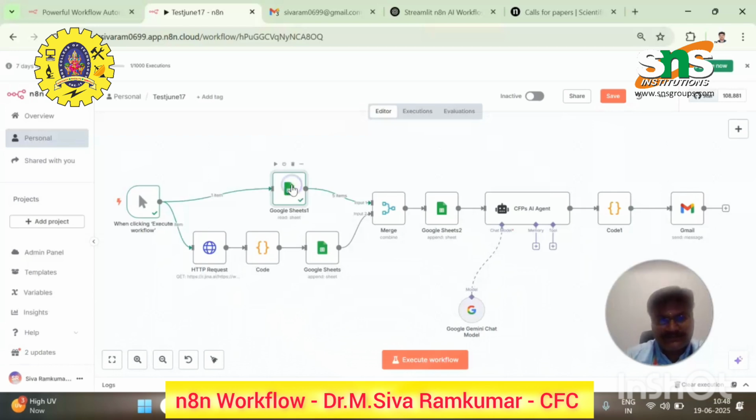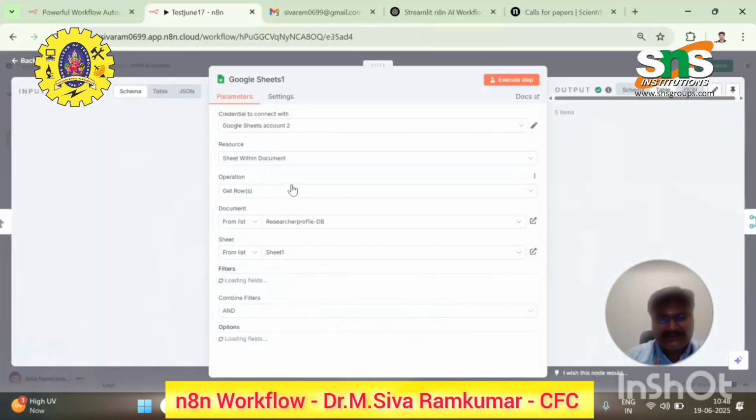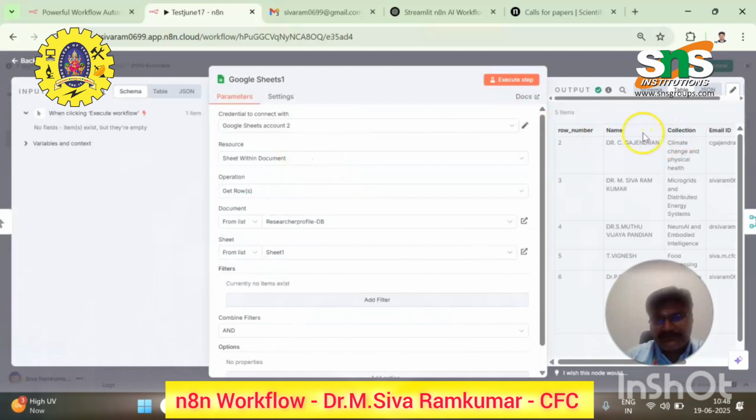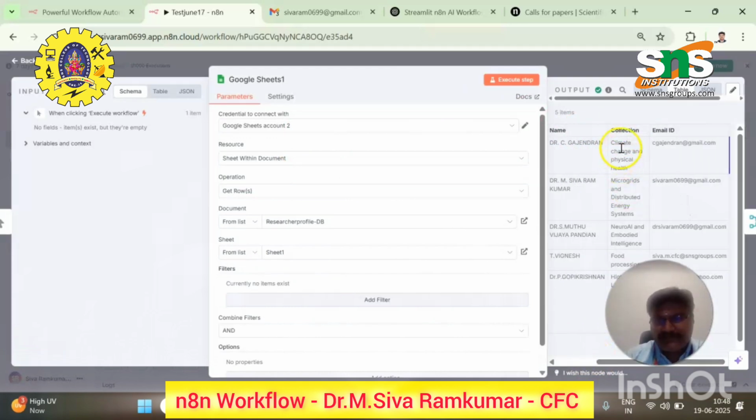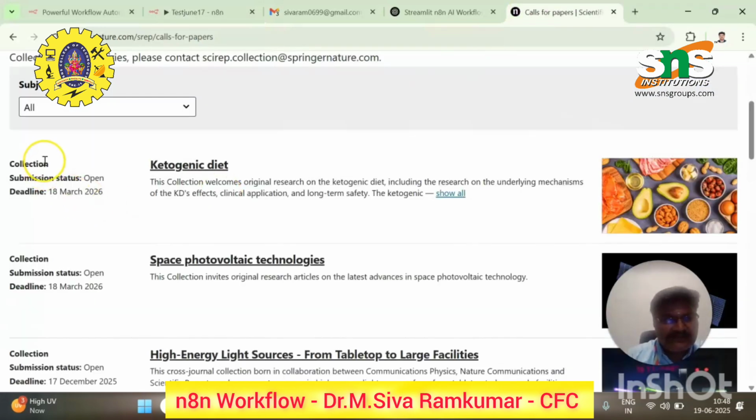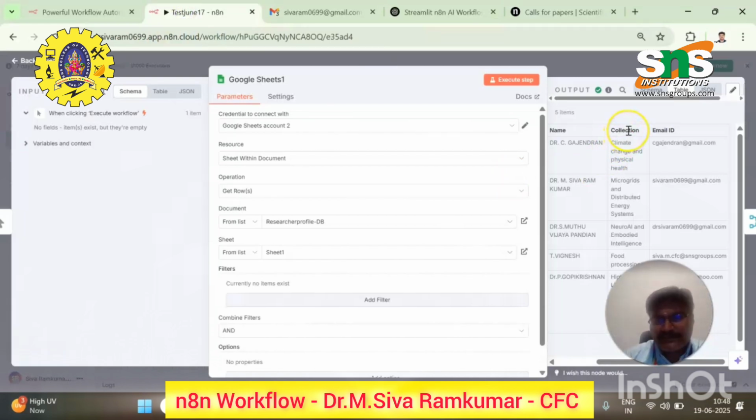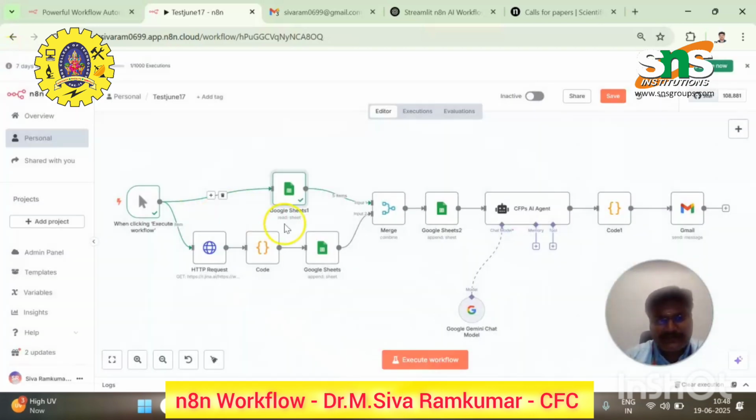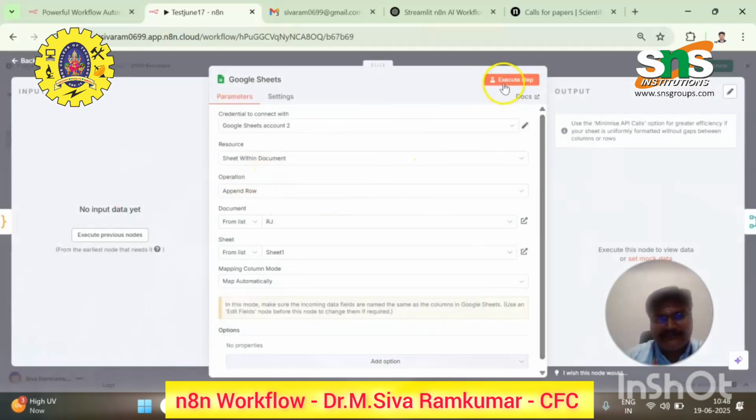Now, here you can see in this Google Sheet the outcome. We have row number, name, collection. In order to match, instead of domain I have given collection, because in this journal they give it as collection, not as domain, so in order to match it I've named it collection. And we have the researchers' email also. Now, based on this column, this sheet 1 and on this sheet 2, you can see we have